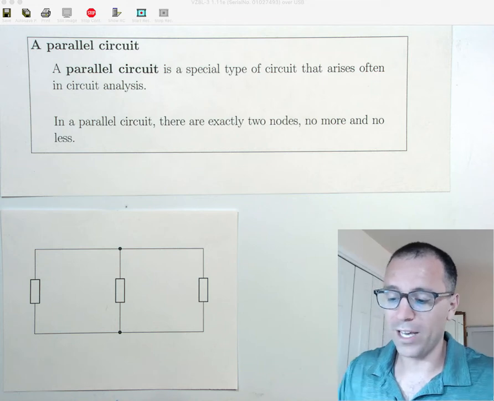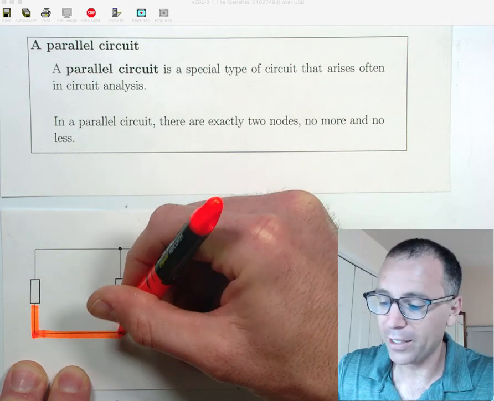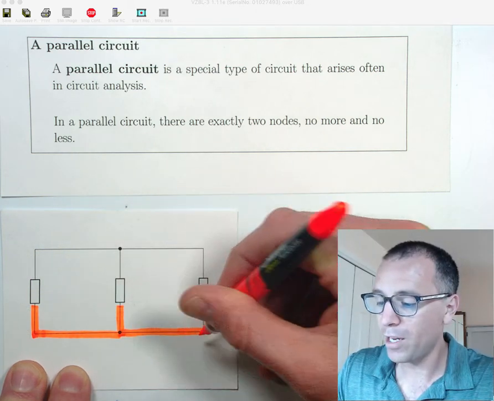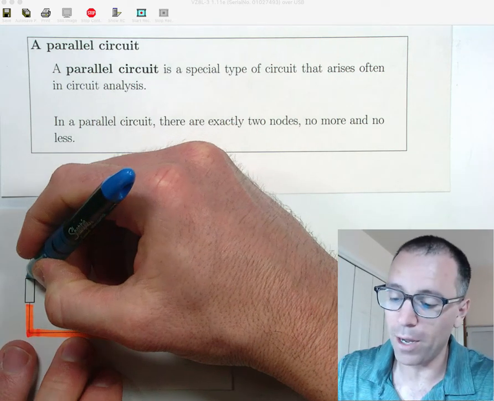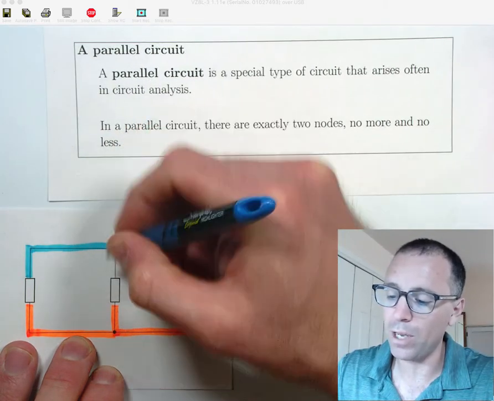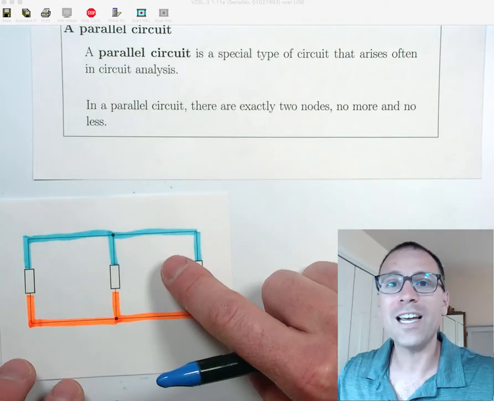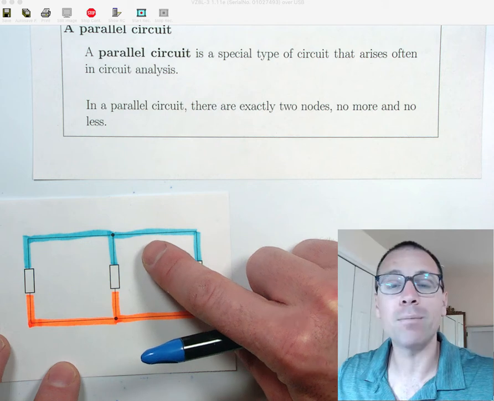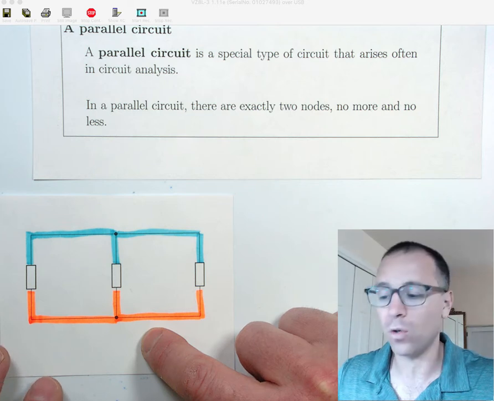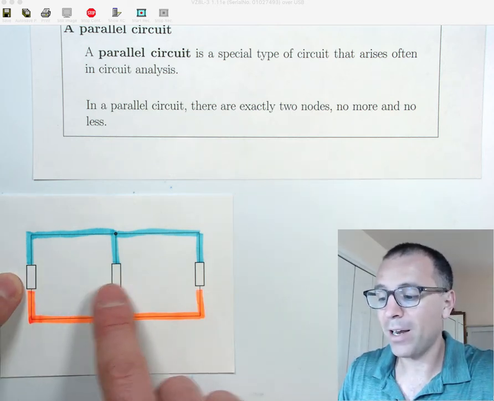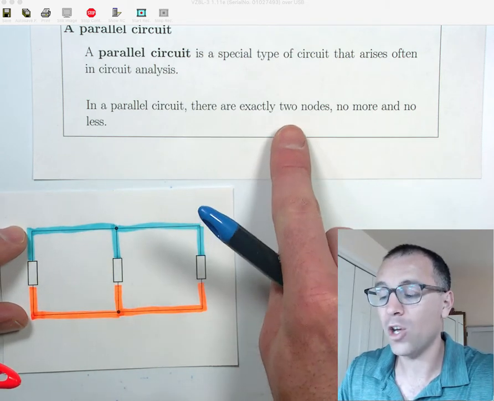The point of the matter, though, is that when we look on either side of this, these elements are connected by only one piece of wire on one side of the body and a second piece of wire on the other side of the body. Now, some of you might be very astute and say, what do you mean one piece of wire? We'll take a look at what that looks like in the actual breadboards. But what we say is that the segment of conductor highlighted in blue above is a single node, and the segment of conductor highlighted in orange below is a single node. Check it out. The element bodies are stuck in between those two nodes. This is a circuit where there is only two nodes.